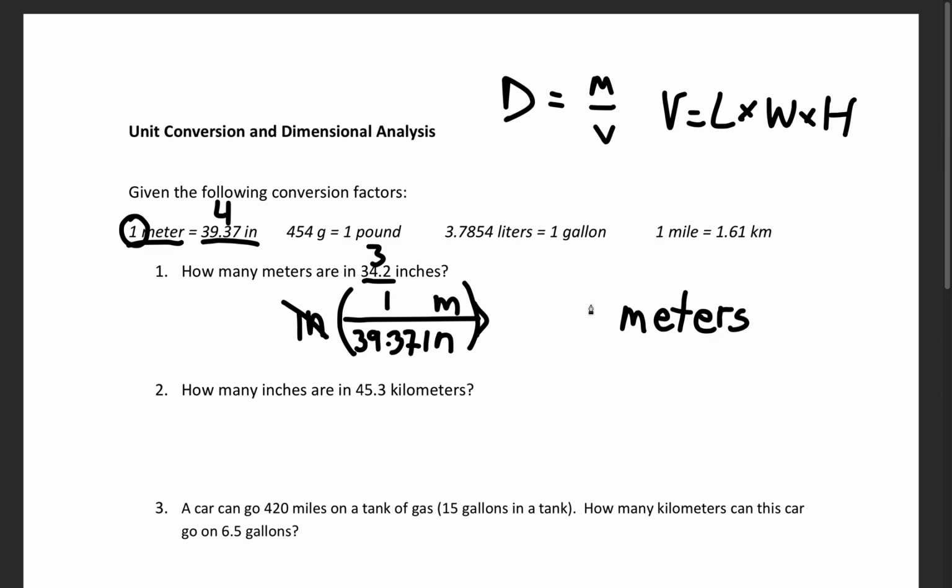I know my meters are left behind. I have a conversion factor. I have my units in my conversion factor. I have my numbers. I've looked at my significant figures here and here. And I know in the end, I'm going to end with 3 significant figures. So I'm going to put